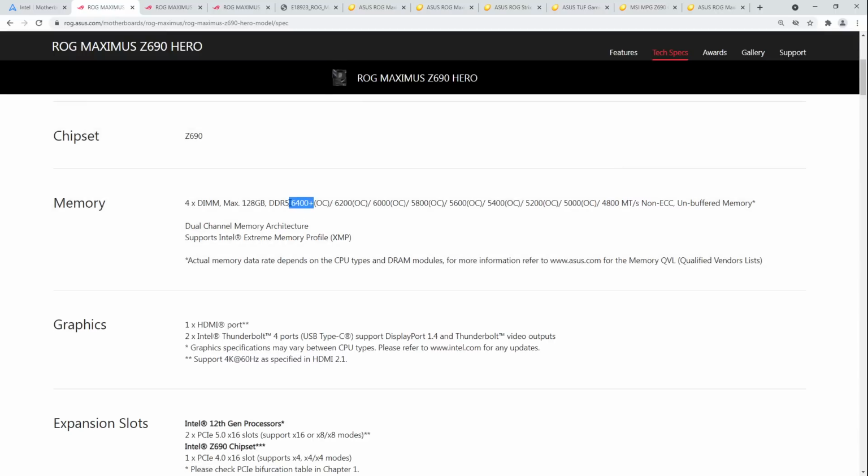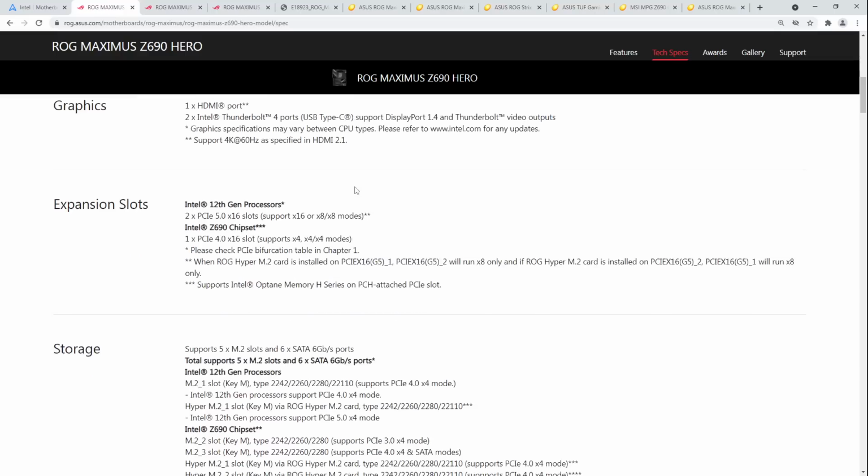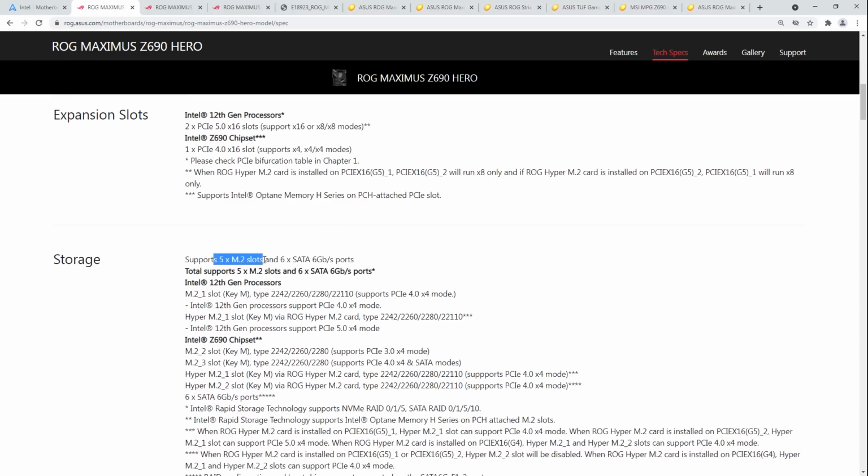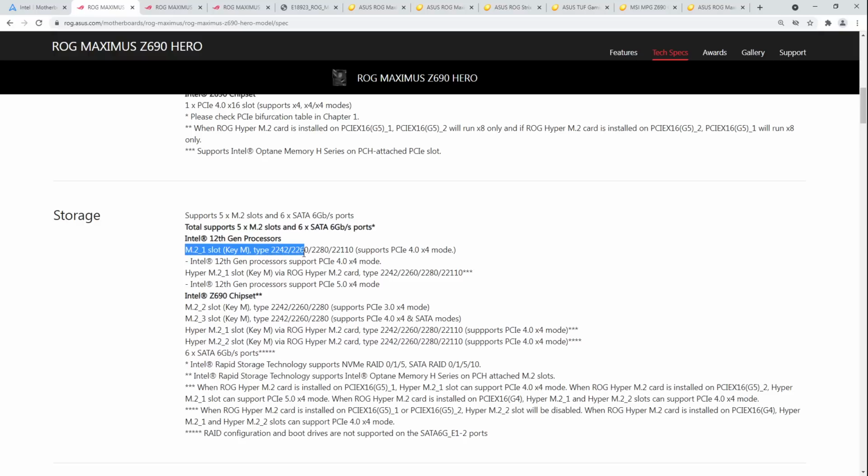6400 plus. Yeah, so this has the same overclocking capabilities as the Extreme. Hey, it's got dual X8. Yay. It's got 5 M.2 slots. Does it do anything stupid with them? Okay, Hyper M.2 card. That's fine. That's an add-in card. I am okay with add-in cards. PCIe 4.0 X4. Okay,